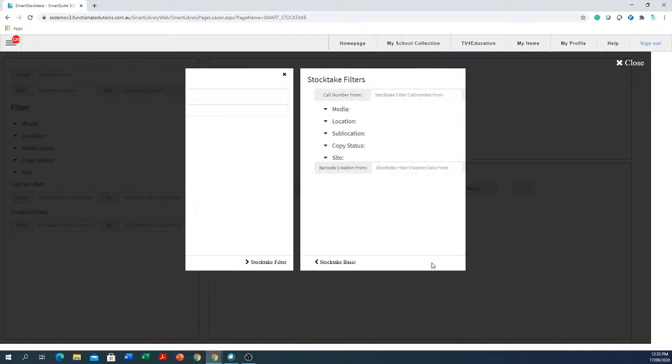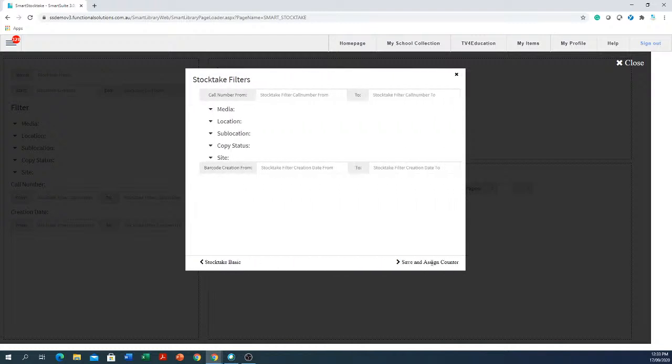The next thing you do on the next prompt is selecting the items you need to Stocktake. Now this is very, very, very important. Okay, so let's start. You don't have to enter all of the combinations on here. You can choose whatever combination you're going to do. So in my case, because I said it was the A to G, so I will go anything starting from fiction space A to fiction space G